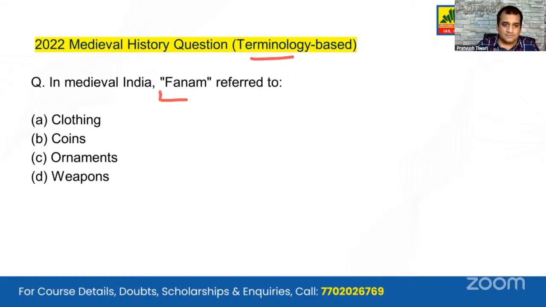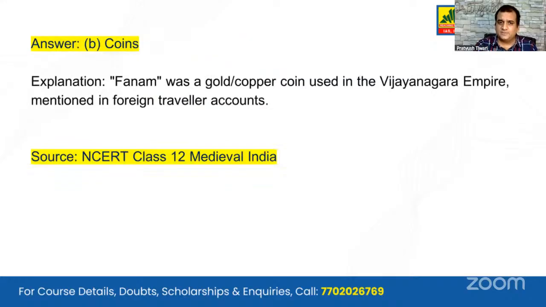It's asking about a term, phantom. Now, if you know, you know. If you don't know, you don't know. I am not talking about wild guesses here, and I'm not a person who believes in wild guesses. Until and unless you are doing just 30 or 40% right and you have to do it, then you have to take the chances. Otherwise, guys, this sort of terminology will be asked from medieval India especially. You'll have this from art and culture also. The source again is NCERT Class 12 medieval India.